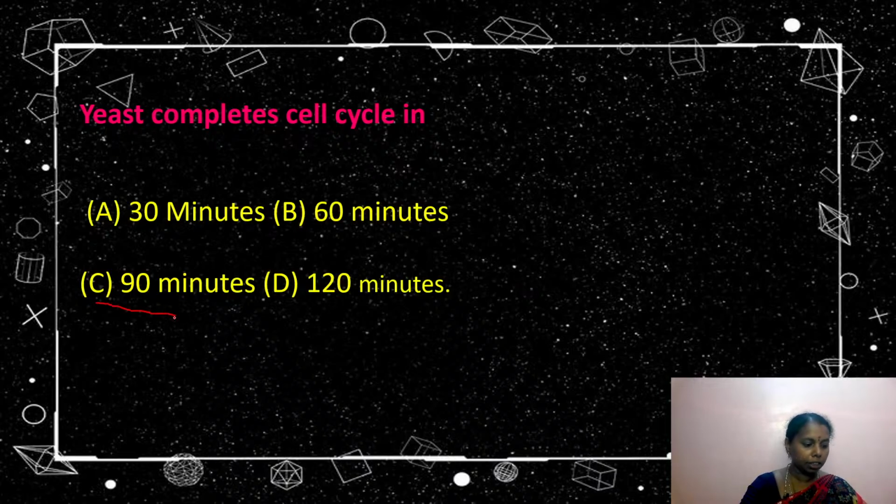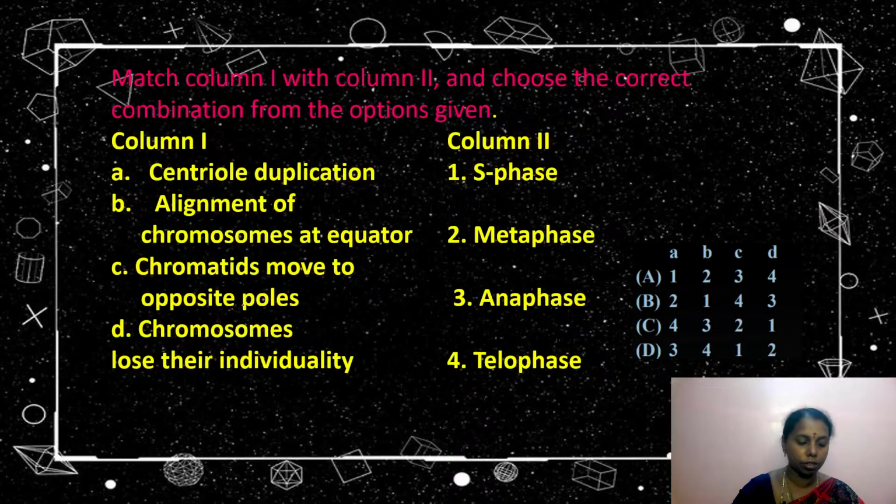Yes, Jeevan, it is the excellent answer. Kalpana, C only. And Tarunika, Arvind Shah, and Sivashri, yes, it is C. Lakshita and Vaishnavi, yes, it is 90 minutes. Exactly the NCERT line only, children. Very good. Excellent, you're all rocking. 100% correct. And you all know, in cell cycle we may get 4 questions at the maximum.